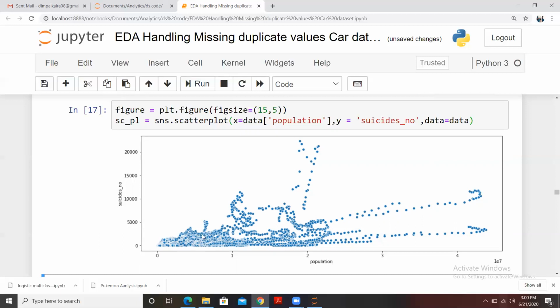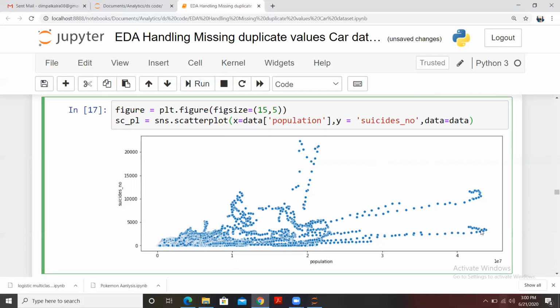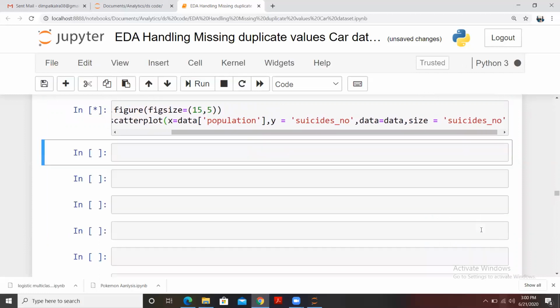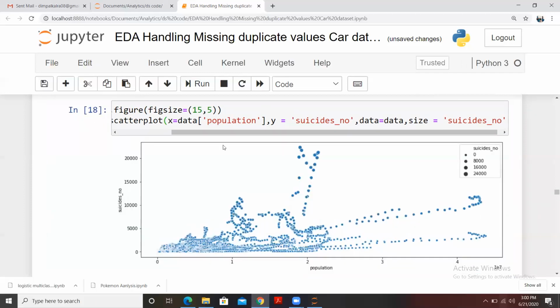What we can do is customize that part a bit as well. Let's say I have to increase the size of the data points that we represent here. So let me pass size equals, in size what I want to give is this suicides underscore number. So you see a bit of change to our plot now.